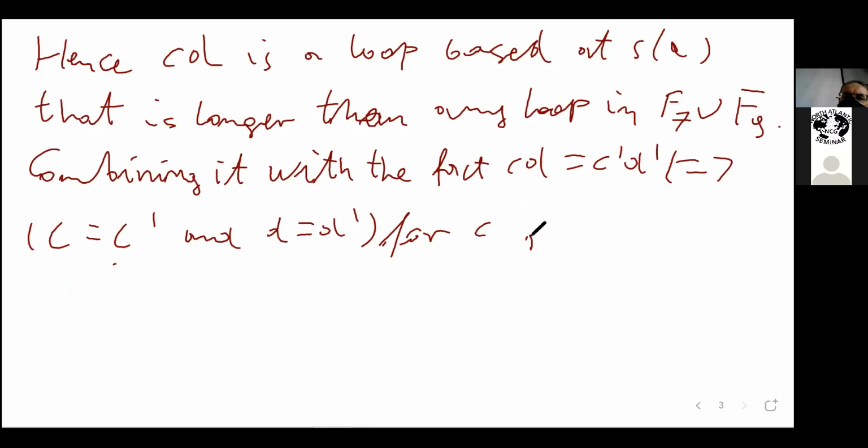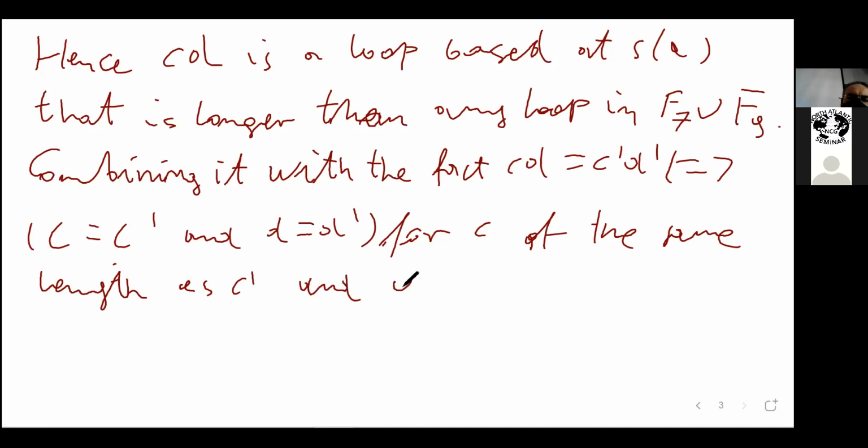For C of the same length as C prime, and D of the same length as D prime. Okay, so I'm looking at my longest loop CD in